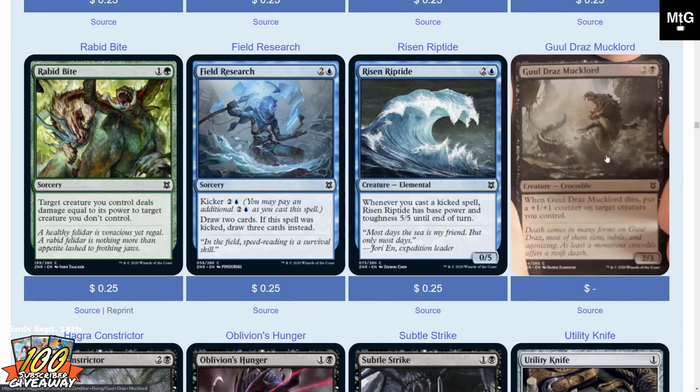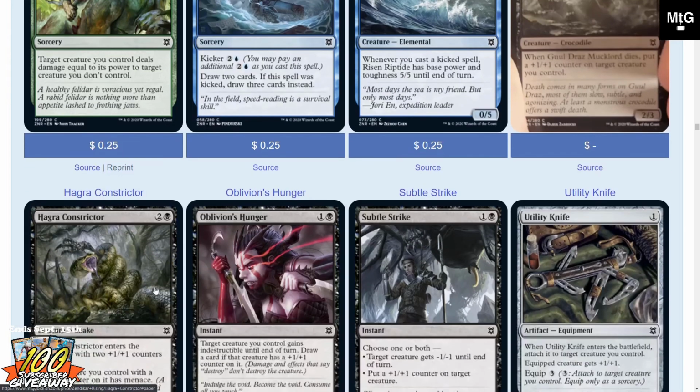Yeah, some funky art there, but it's a 3-drop creature, crocodile, and it says when Mucklord dies, put a +1 counter on target creature you control. It's cool. Better 3 drops. Yeah. If it was 2, now we're talking. If it entered the battlefield, putting a +1, and then dying, putting a +1, then it's like, now we're talking. But 2/3, I guess, if you really just want to throw that card in your deck. So